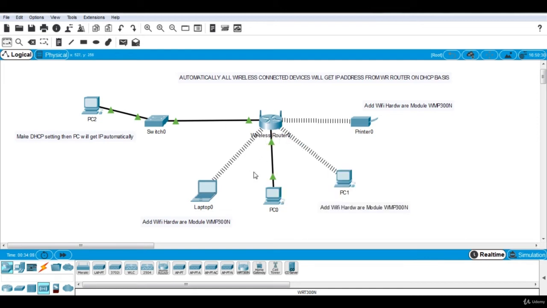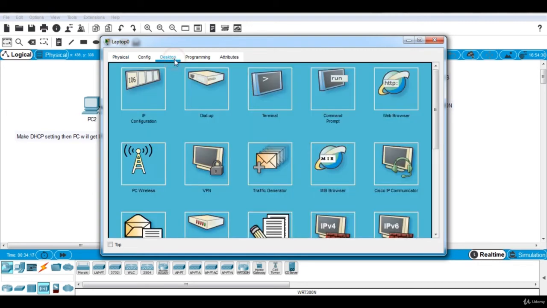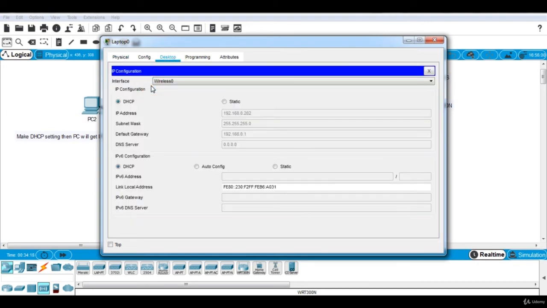Now if we want to assign the IP addresses, we have to go to the device, then Desktop and IP Configuration. In IP Configuration you will find 2 types: one is DHCP and the second is static. By default you will have static, where you have to provide the IP addresses of the devices. If you do not want to do that, just click on DHCP. When you click on DHCP, you will see one IP address automatically derived from the DHCP server. In this case I am deriving